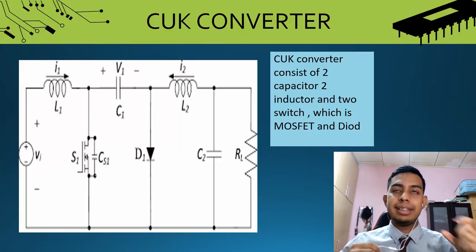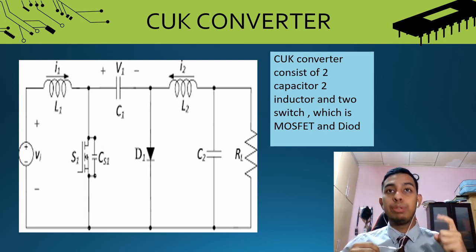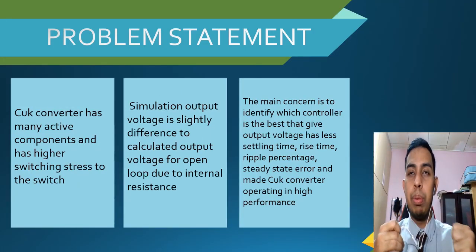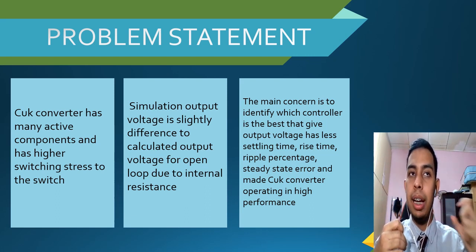Chute converter is a DC to DC converter that can provide multiple levels of output voltage. Chute converter consists of two capacitors, two inductors, and two switches, which are a MOSFET and a diode. The problem statement in this final project is that the chute converter has many active components and has higher switching stress